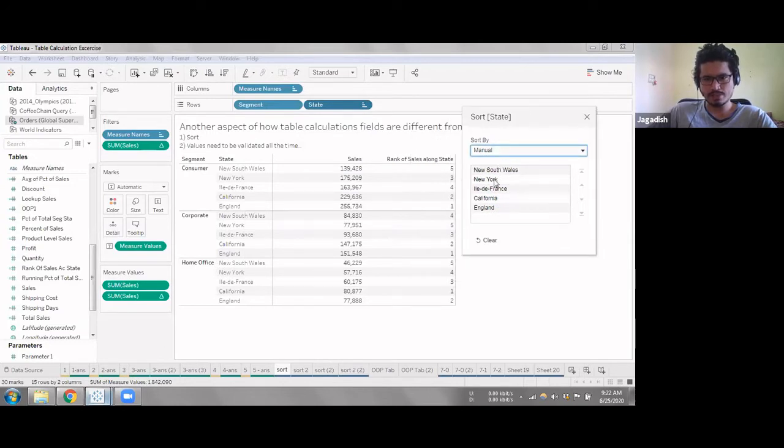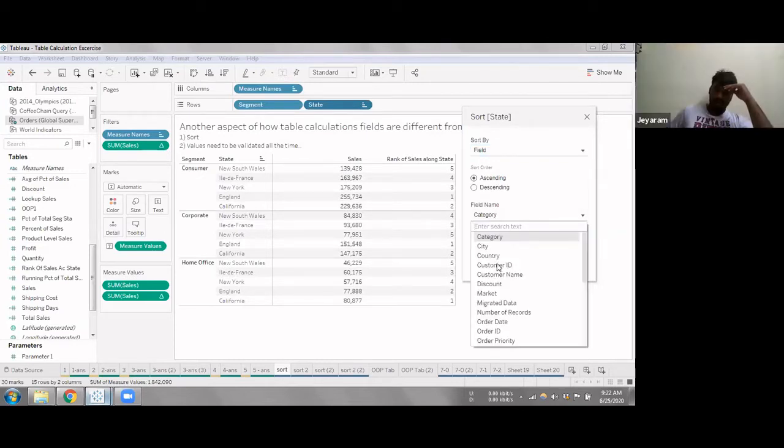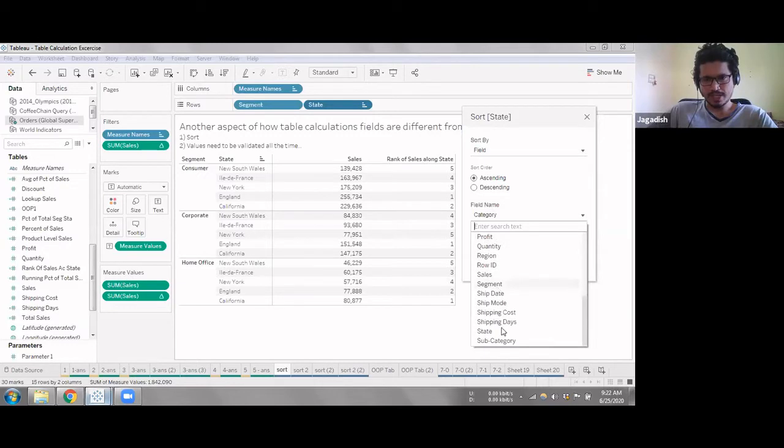This here is manual sort. We can do it manually, whatever one we want on top, we can place it like that. But we want it by a particular field. So we'll keep the field, and we'll try and find what field we should sort it by. Rank, okay. But do we have that field in the list here?